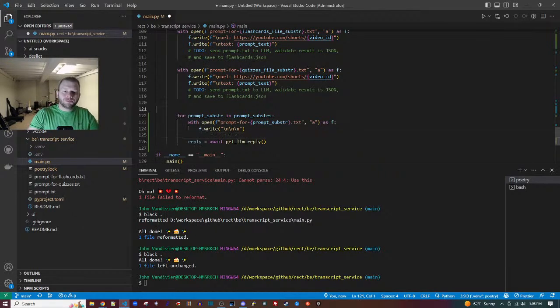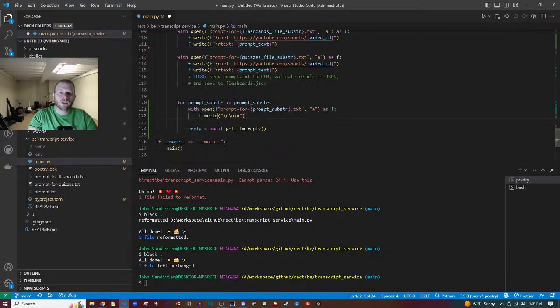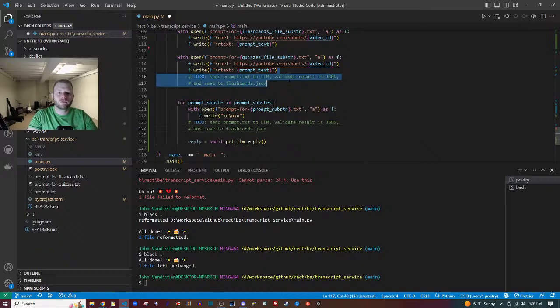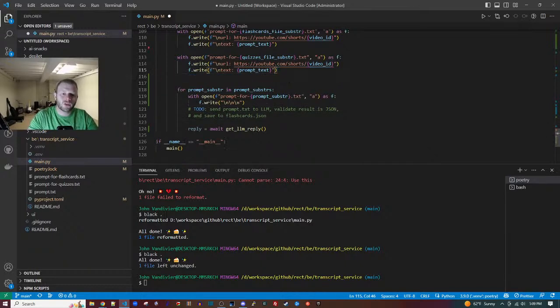Okay. So we are going through each of the prompts. First will be the flashcards, and then will be the quizzes. And so that is this to do. And then we'll save it to the JSON.